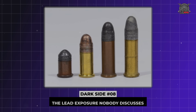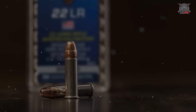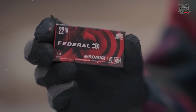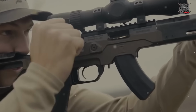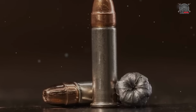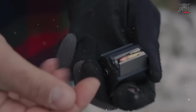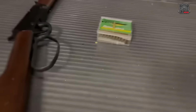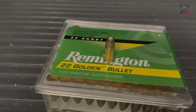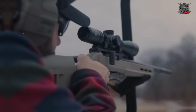Dark Side 8. The lead exposure nobody discusses. Here's something you won't find in the owner's manual of any .22 rifle. These guns are potentially exposing you to more lead than almost any other firearm type you could shoot. The combination of lead bullets, wax lubrication, relatively dirty burning powders, and lower gas pressures creates a perfect storm for lead exposure. While centerfire rounds with copper-jacketed bullets contain much of the lead, standard .22 LR ammunition features exposed lead